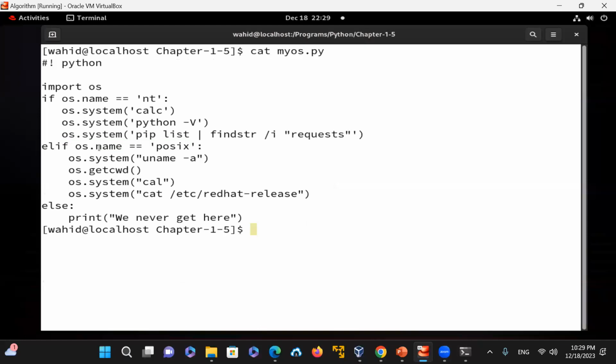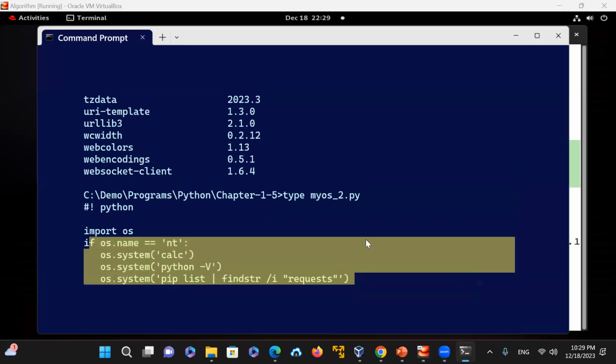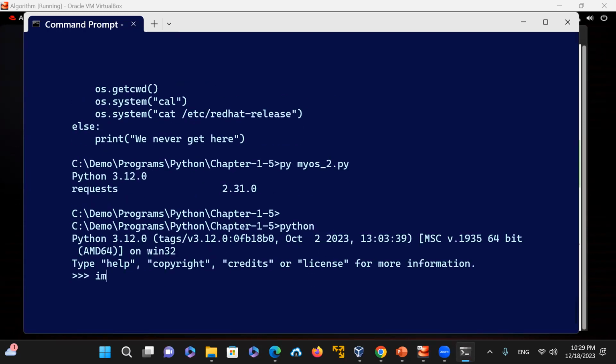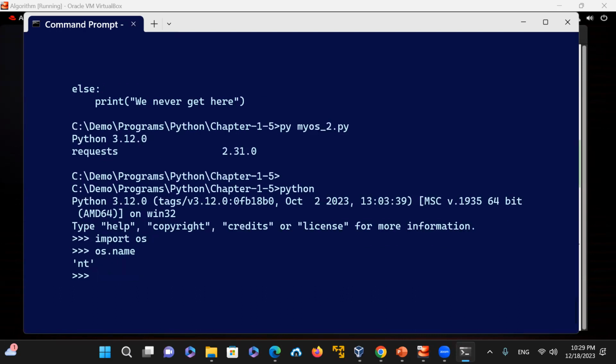And this one, os.name, if I go to Python, inside Python I say import os and say os.name, this is POSIX. Since this one is going to match, it's going to do the same thing. Here, the same thing, if I go on this one, say Python, and then import os, and then say os.name, it's going to say nt. So that's why on Windows,